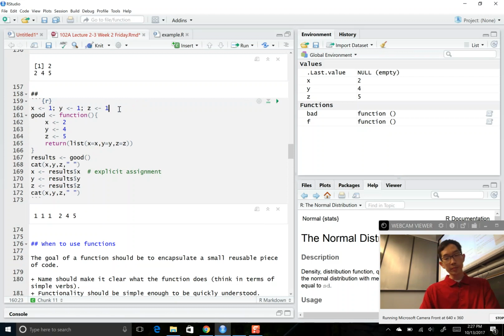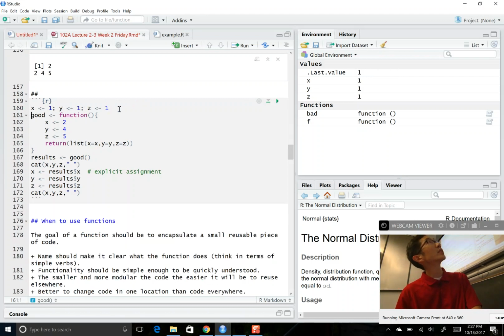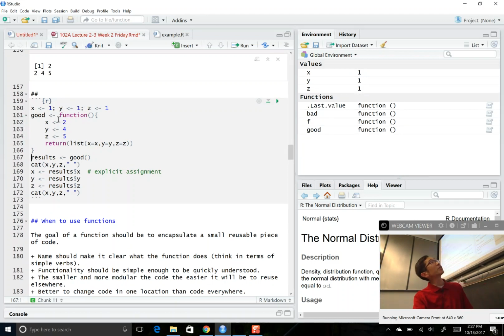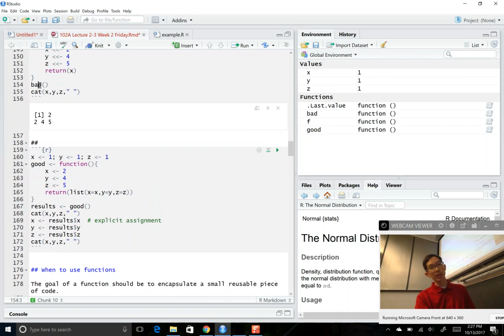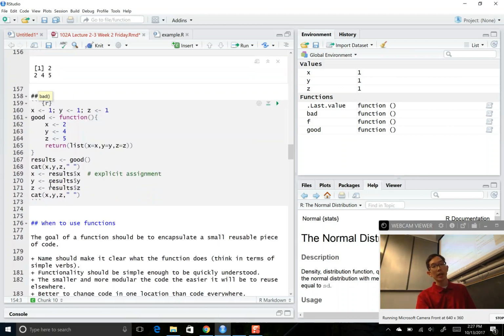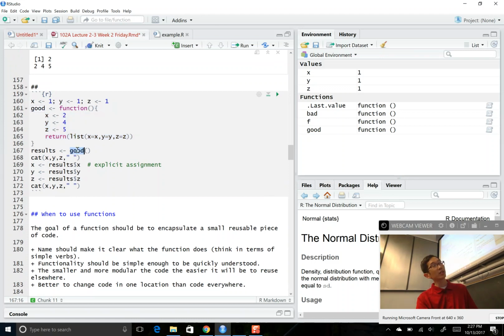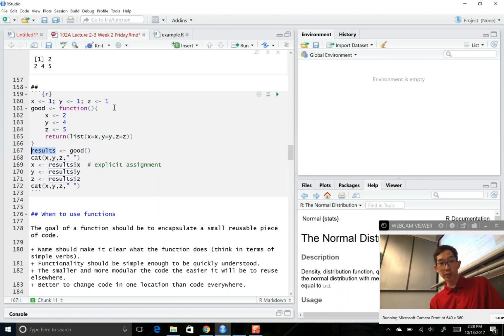That's not the best way to do it, okay? A much better way is to define X, Y, and Z inside your function, where you are only using regular assignment operators, but then at the end, you return the list of all the values you want. Okay, so here I'm returning a list where X is X, Y is Y, and Z is Z. And this time, instead of just calling the command as a naked command, I am taking the output of the function and storing it as results. Okay, so when I run the code this way,